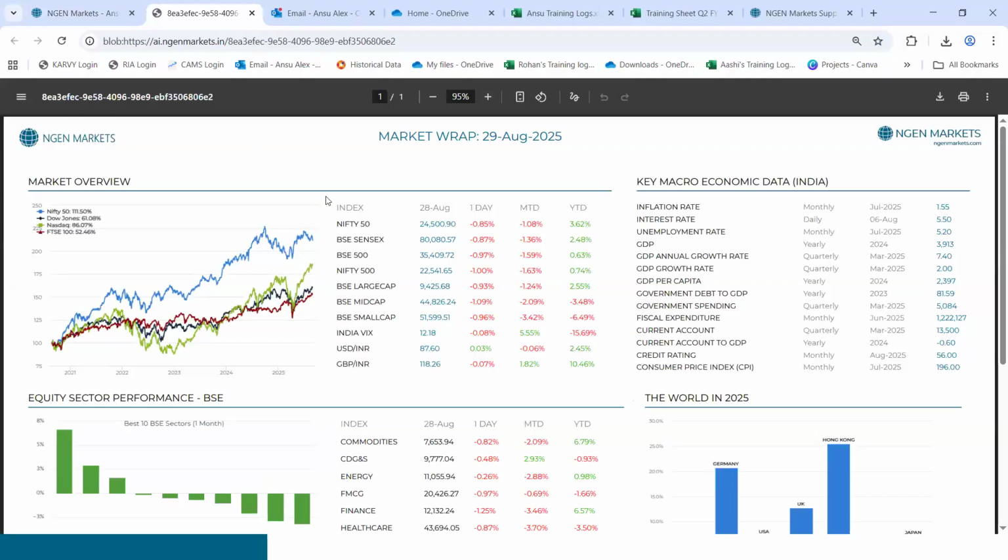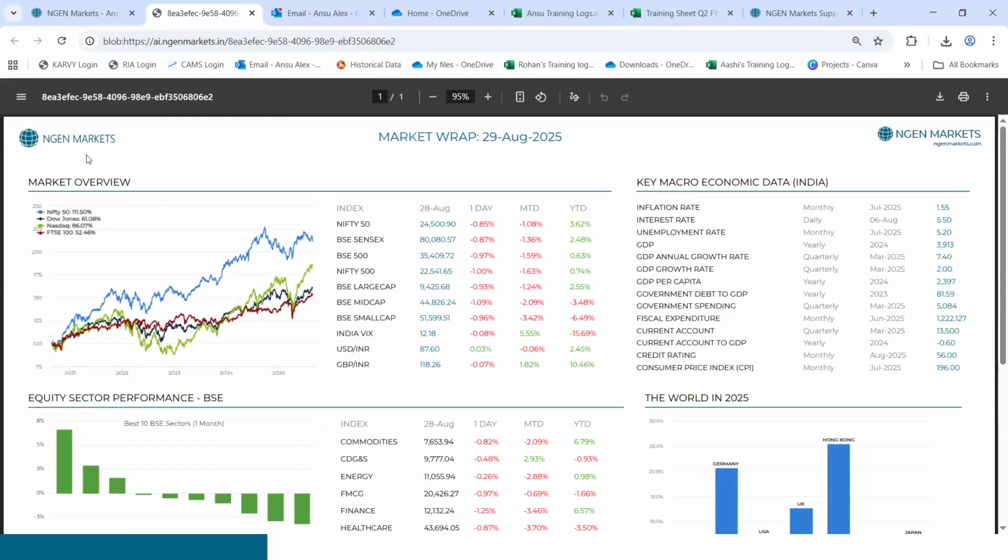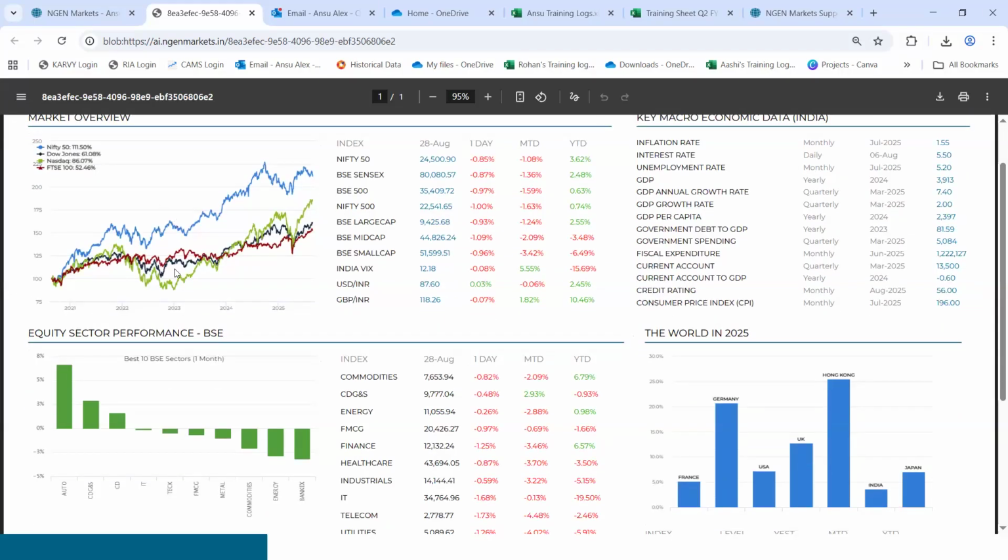Once clicked, you get a PDF on your end, which comes up with a company co-branded logo in the premium and the pro version. On top left, it will be your company logo. Followed by that, you get to know that these are the actively selected benchmarks that will come up onto this PDF as well.